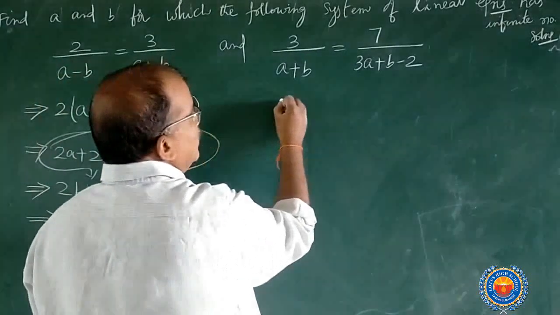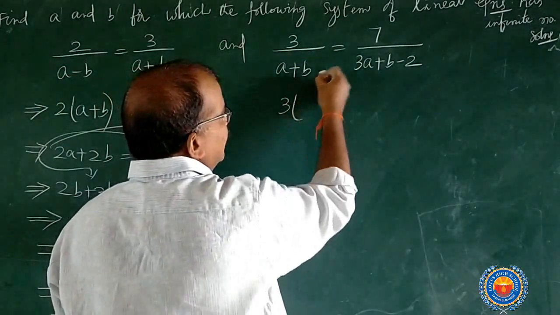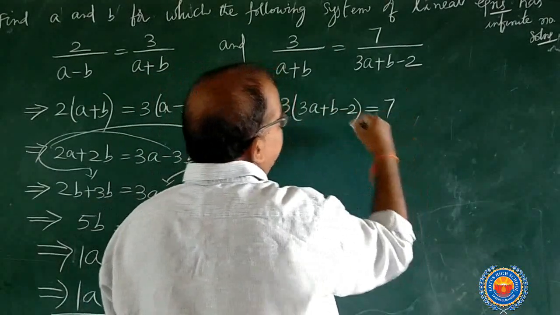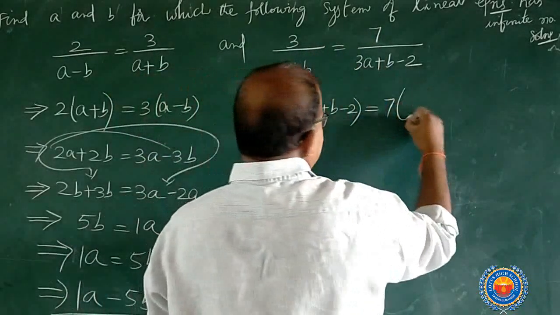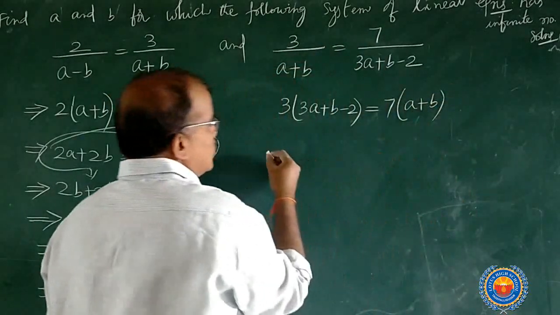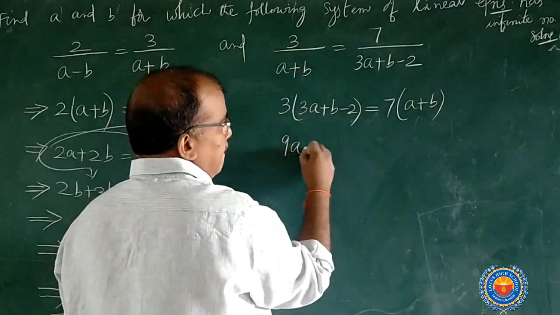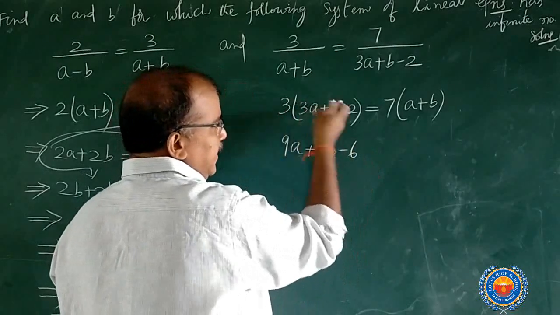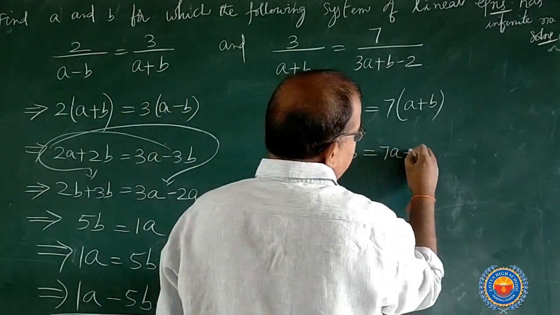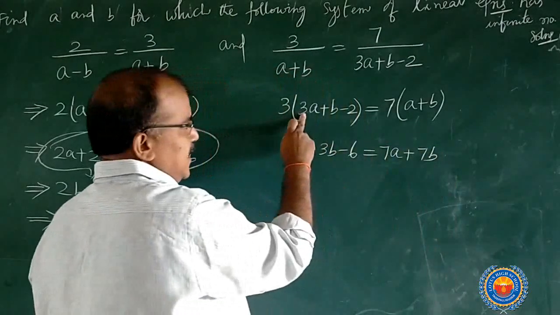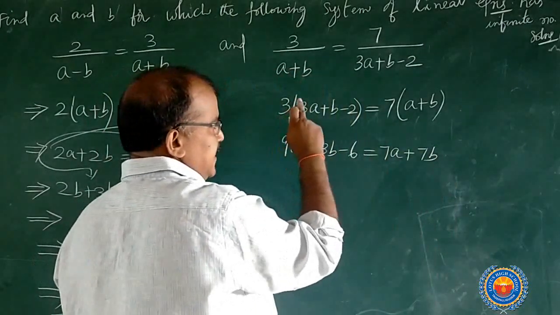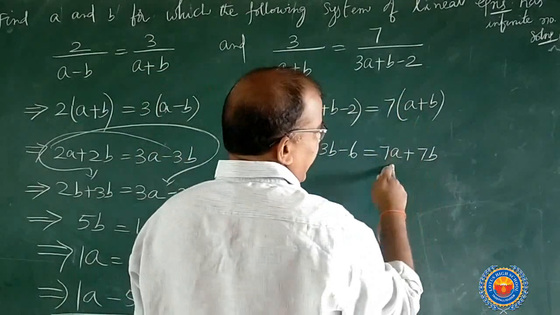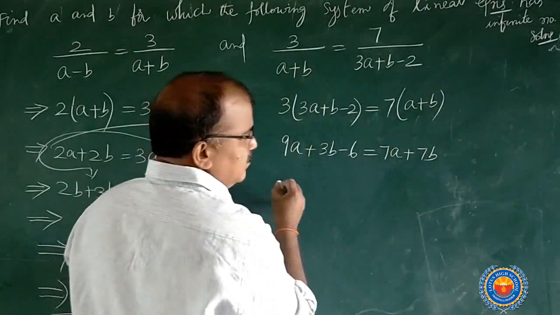Coming to this, 3 into (A plus B) minus 2 is equal to 7 into (A plus B), cross multiplication. So 3 threes are 9A plus 3B minus 6 is equal to 7A plus 7B. 3 threes are 9A, 3 into B, 3B, 3 twos are 6, 7 into A, 7A plus 7B. Now, carefully you do